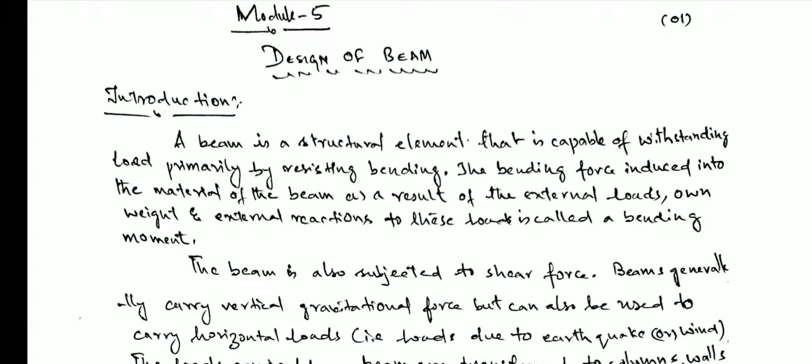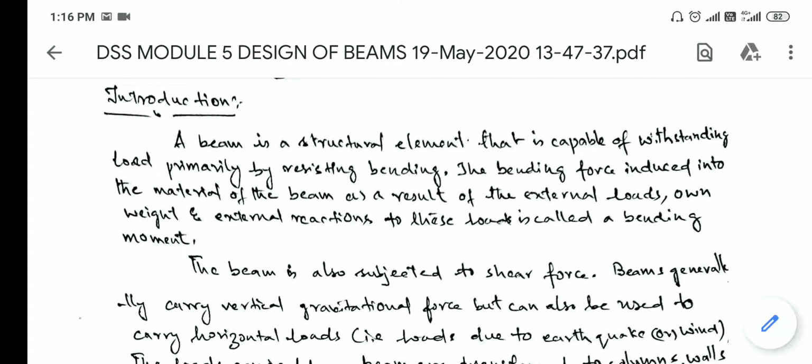Before going to design, we need to understand what we mean by beam, different types of beam, design steps, and behavior. We have to understand lateral stability of beam. Then we'll go for design. One more thing you should understand: according to your syllabus, we only have to design laterally supported beam. For laterally unsupported beam only the design steps are required, so no numerical according to your syllabus.